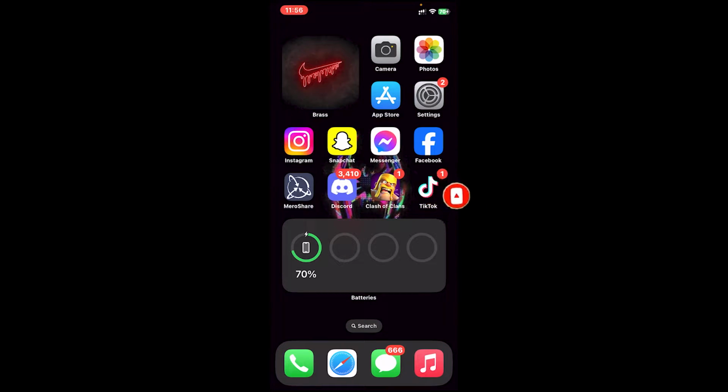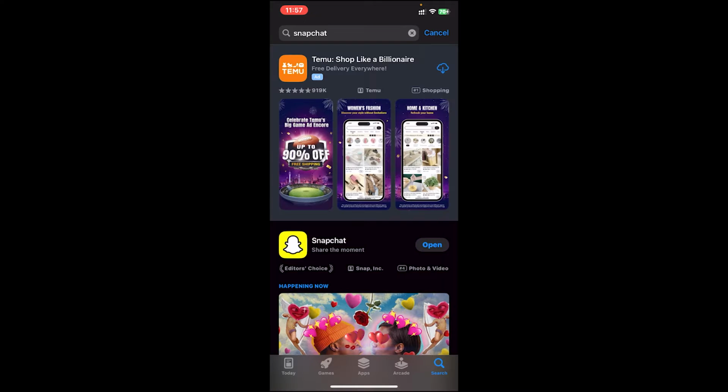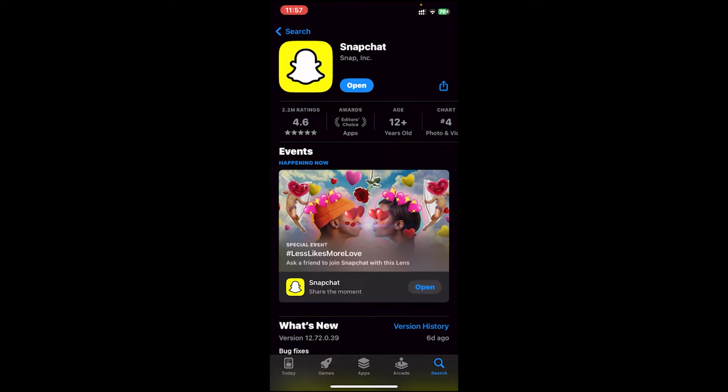Now let's get started. First of all, in order to use this feature, you'll have to update your Snapchat to the latest version. To check if your app is updated or not, go to your app store, then go to the search bar and type in Snapchat. Once you type it in, from the digital section, tap on the Snapchat icon. And if you see any update button on this page, tap on update, and once your app is updated, open